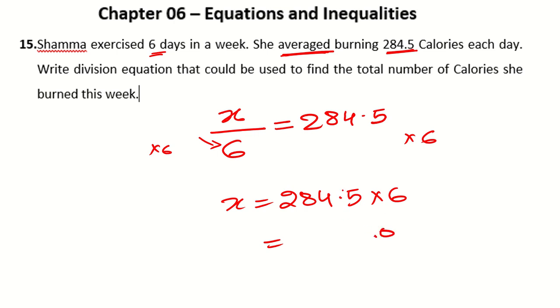6 times 5 is 30, 3 carried forward, 6 times 4 is 24, and 3 is 27, 2 forward, 6 times 8 is 48, 48 and 2 is 50, and then 6 times 2 is 12, 12 and 5 is 17. Okay. Next is,